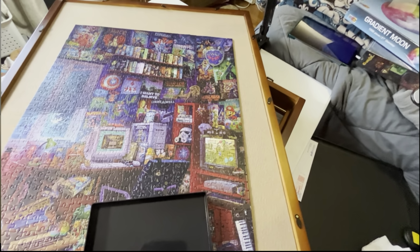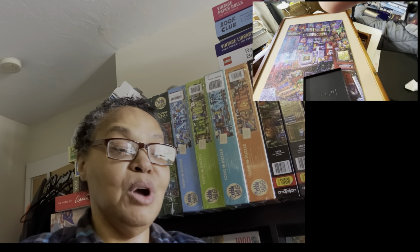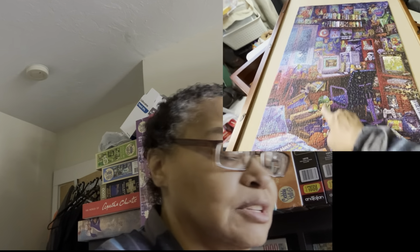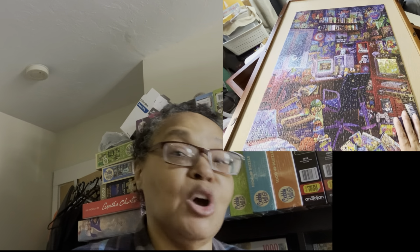Now, I don't have to reveal this. You guys would never know if I wasn't telling you right now. But why not give you full disclosure? So what I did is I reached in there and I reached around and I'm like, oh, there they are. And once I found that tray, I reached my hands around the shelves where I put my trays, and I found this tray with about 20 or 30 pieces. And with that and with what I had in the box, 20 minutes later, the rest of the puzzle was done. So the last 2 or 2.5 hours on this puzzle